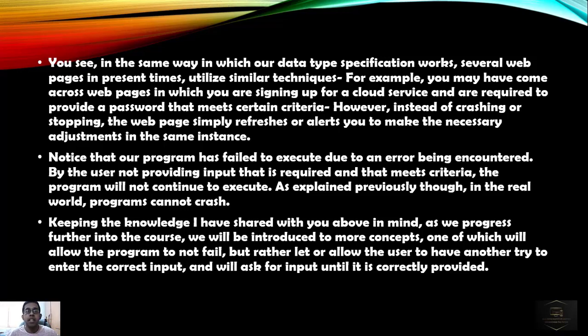You see, in the same way in which our data type specification works, several web pages in present times utilize similar techniques. For example, you may have come across web pages in which you are signing up for a cloud service and are required to provide a password that meets certain criteria. However, instead of crashing or stopping, the web page simply refreshes or alerts you to make the necessary adjustments in